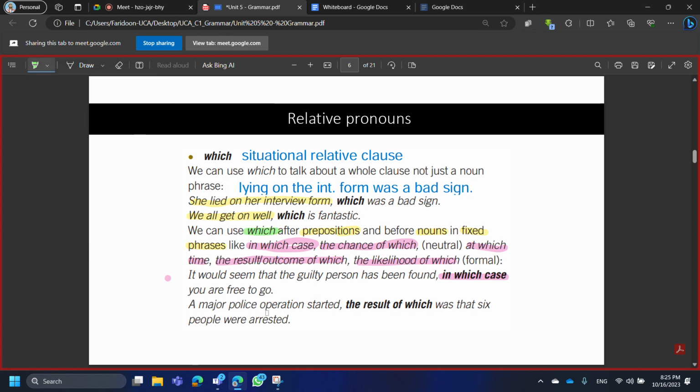Another one can be: a major police operation started, the result of which was that 6 people were arrested. We can give another sentence as well, like at which time. Let me just bring something to write in here. Okay, so we can say